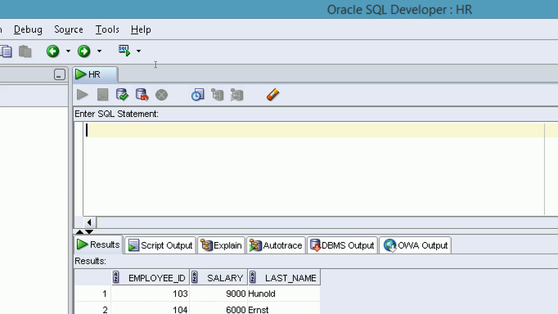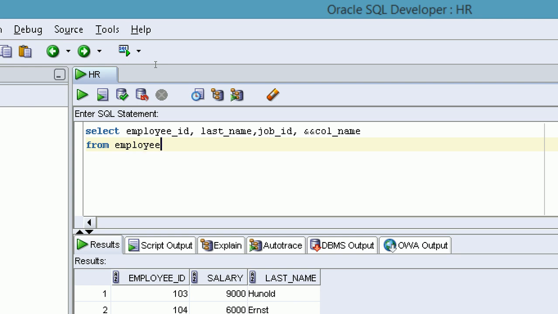Look at here. Select employee ID, comma, last name, comma, salary. Clear? Or I will use the job ID and salary as double substitution. Job ID, comma, double ampersand sign. Clear? And column underscore name. From which table? From employees table, and